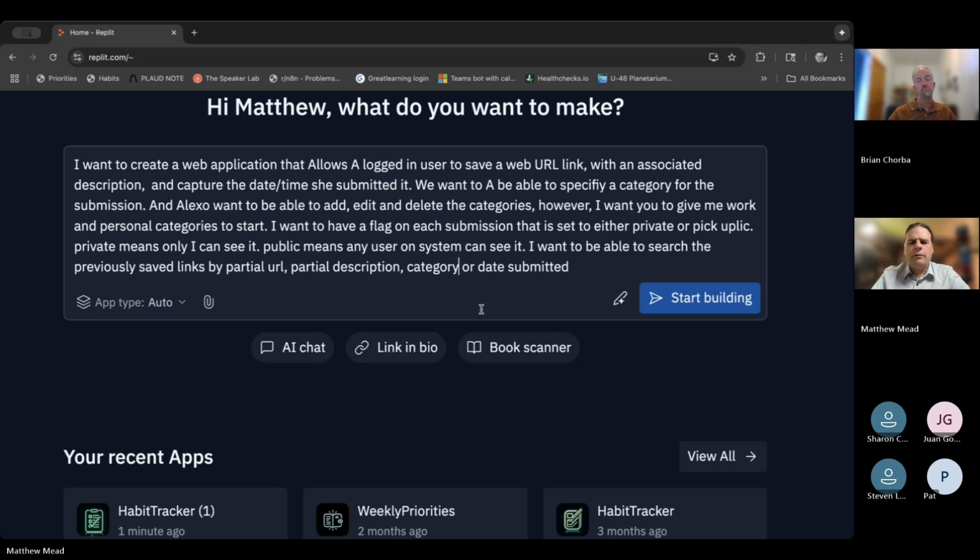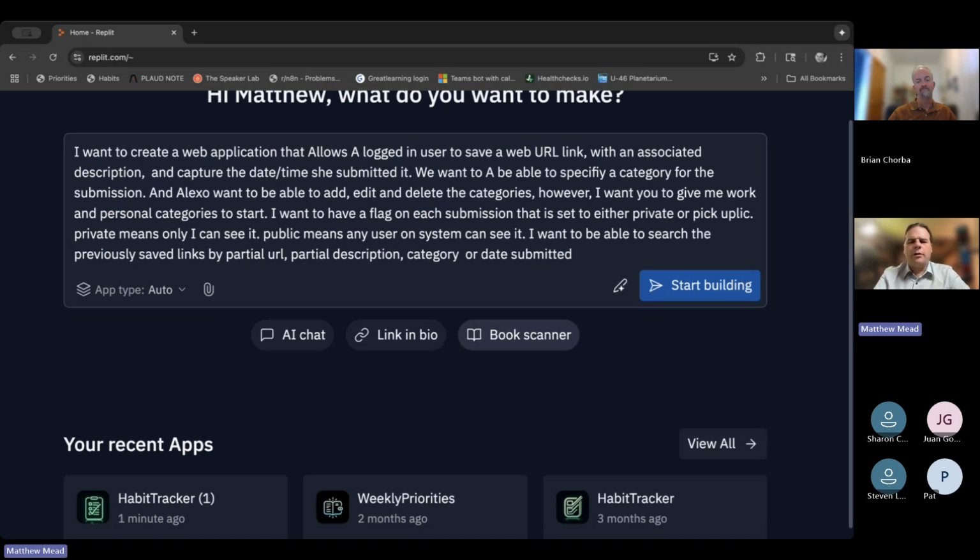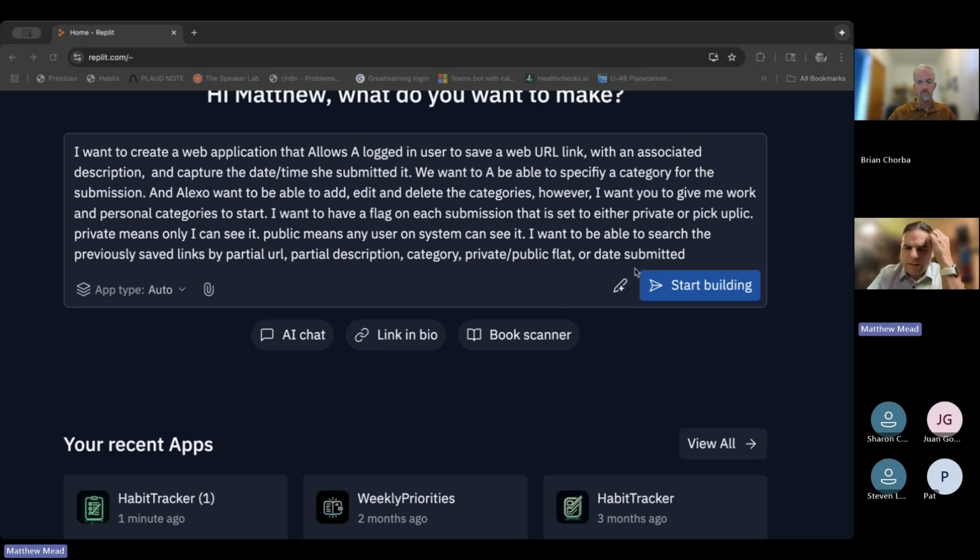And I'll just call this private public flag. So I'm just updating the search. So that's the search. I think we're almost done. But you all put your thinking caps on and you let me know if I've captured everything. But the one last thing that I think we're definitely missing is, I want to have a